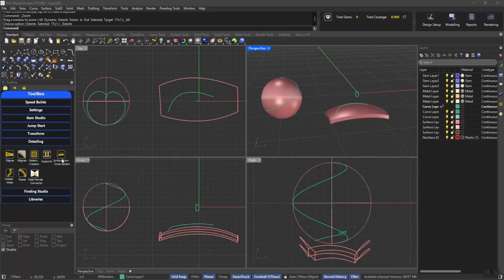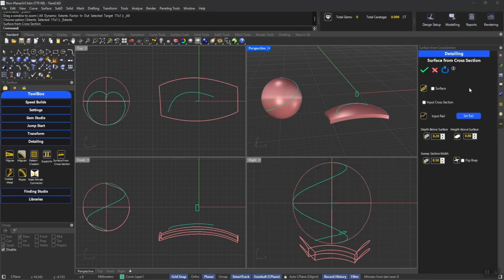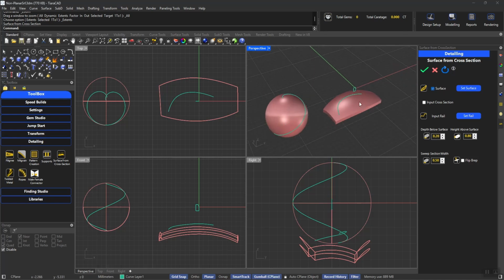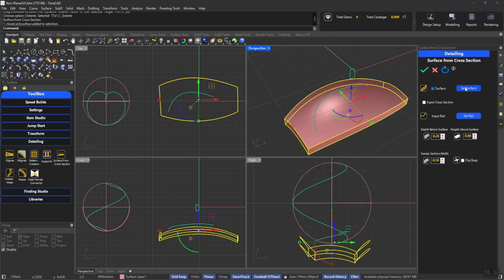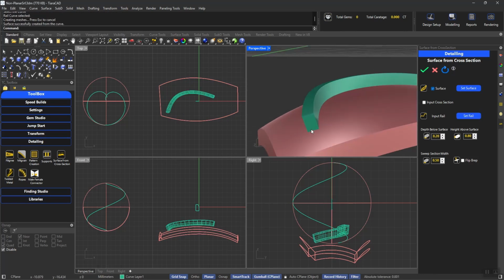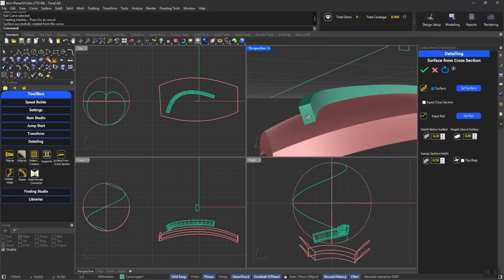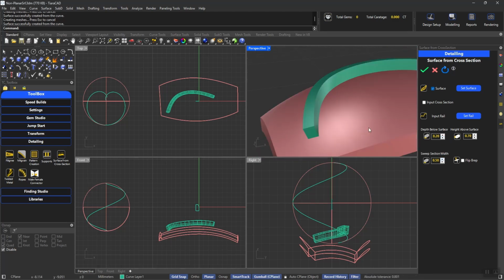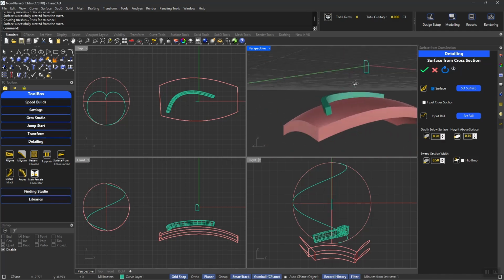With TiaraCAD, creating a wall on a surface has become very easy with surface from cross-section. Let's choose a surface, for example, this one, set surface, and I say set rail, and I can get a simple rectangular cross-section on it where you can choose the height and the depth and the section width to create a wall on that surface